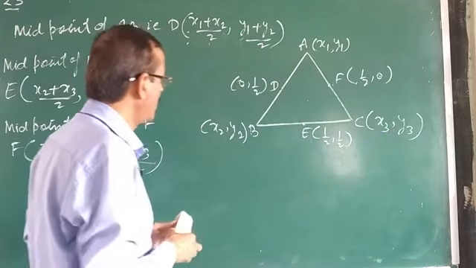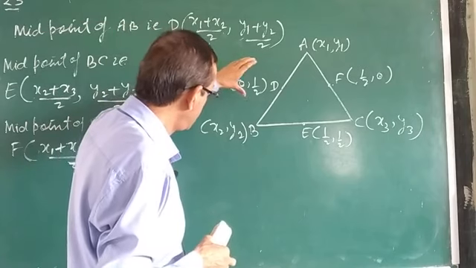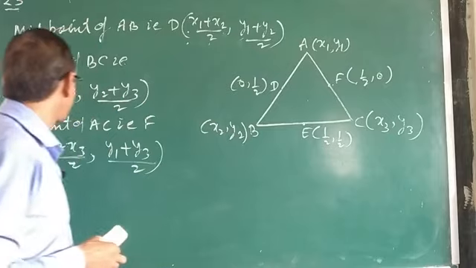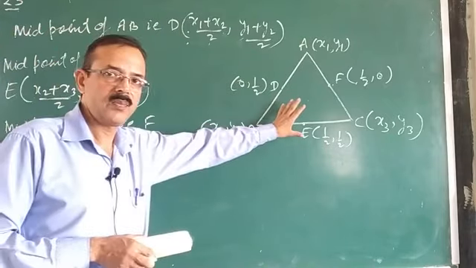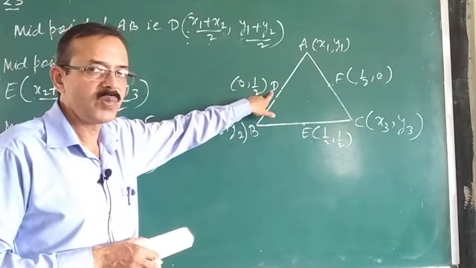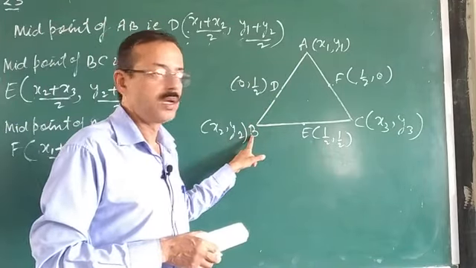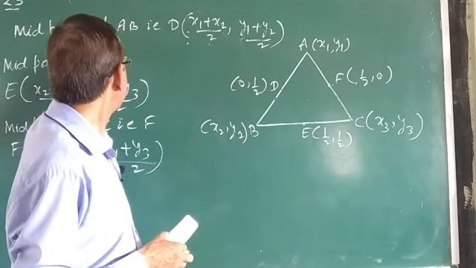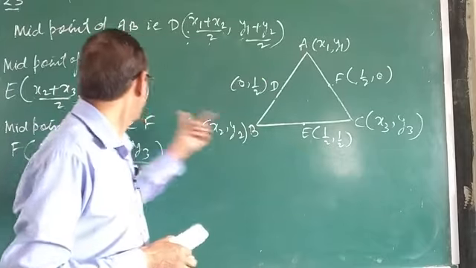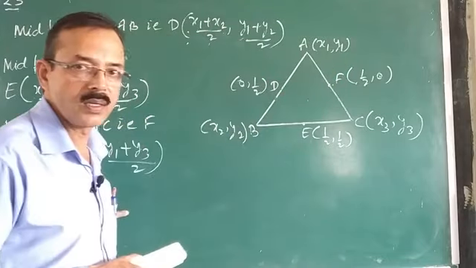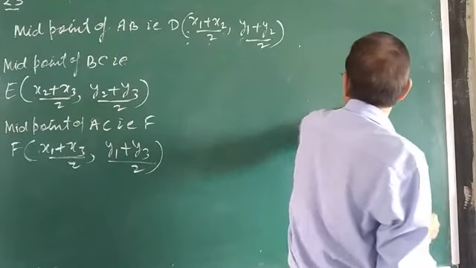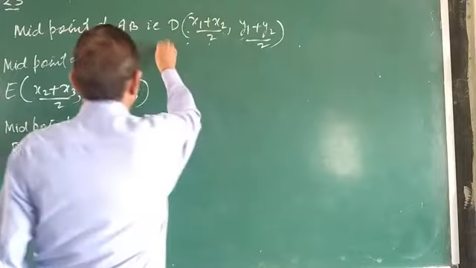Yes. So I am going to rub this because I have already made the concept clear. So hope that the concept is clear. Once again, D is the midpoint of which side? AB. And this D is also the midpoint of AB. So it means this midpoint is equal to this midpoint. Similarly, this will be equal to this, and this will be equal to that. Right? So let me remove that.